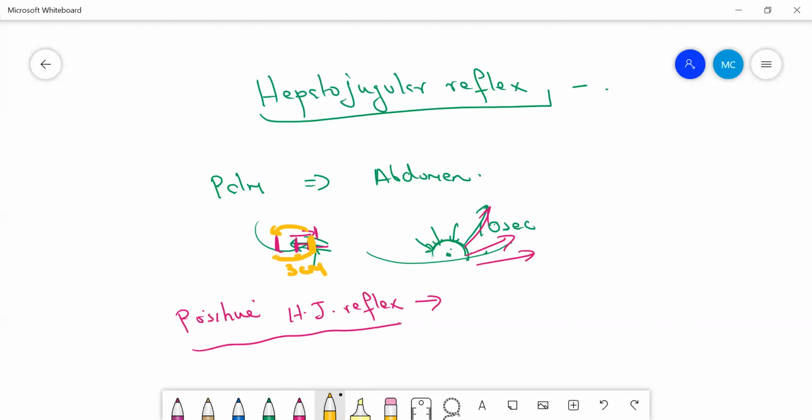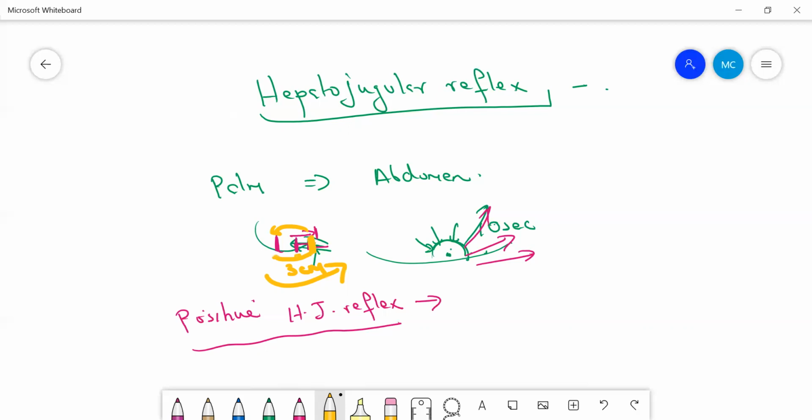And as soon as you release the compression, there is an abrupt drop of around 4 centimeters in the upper level of the jugular venous pulse. It drops down abruptly. So this is what is called the positive hepatojugular reflex. And this is positive mainly in patients of early or incipient right heart failure. Okay, so this is all about it.